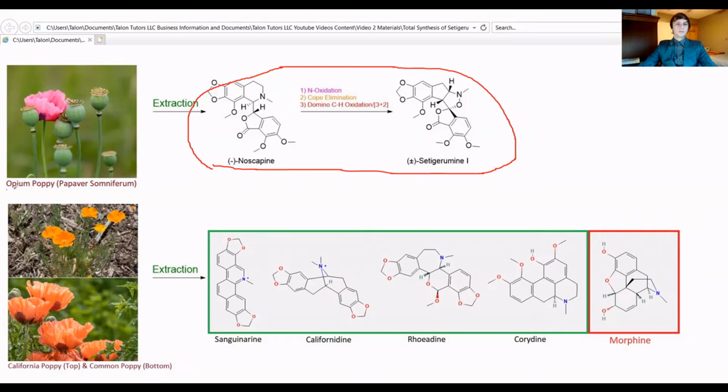So as we see here, this is the opium poppy, a pretty common poppy that people have seen on TV or media or anything. It's where opium comes from, and the scientific name for this is Papaver somniferum, which means in Latin the sleep-bringing poppy. And this is a very important